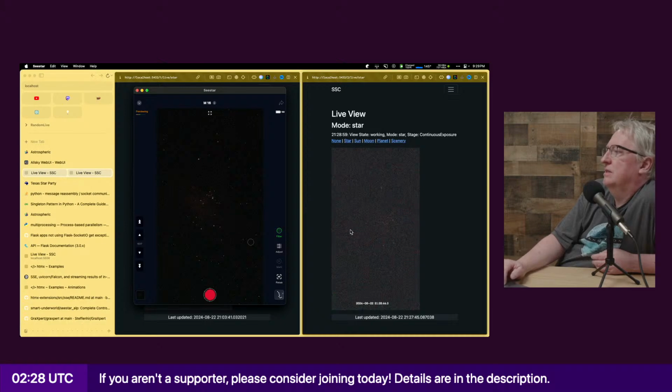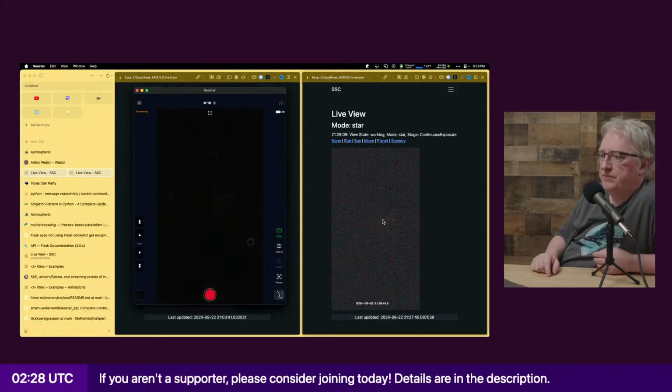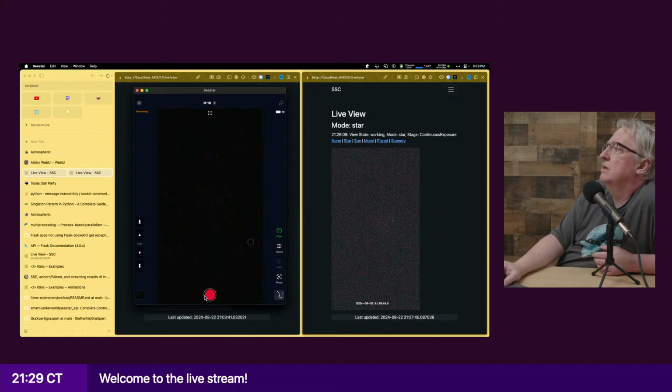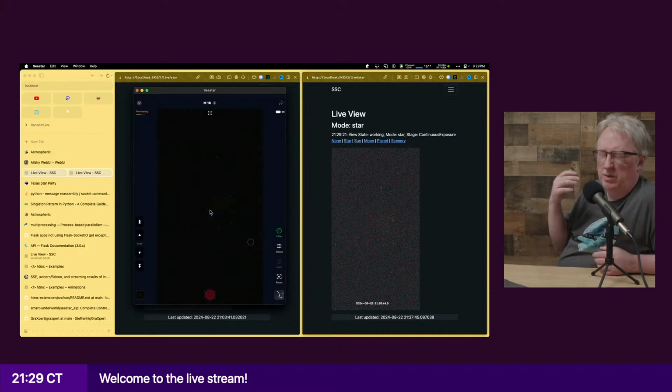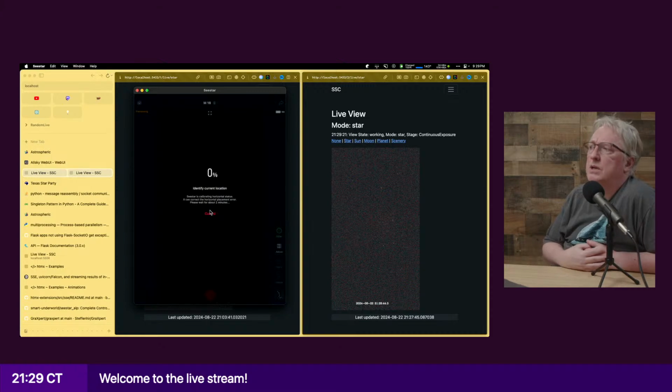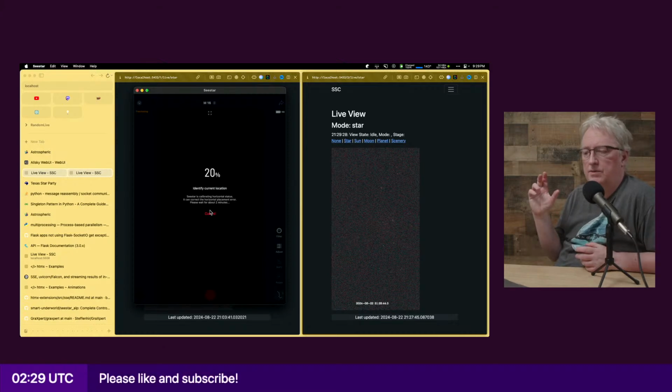The frames will reject. But while it's stacking, you can have it. Oh, did it stop? Huh. That's weird. Anyway, while it's stacking, you can have it. It's going to do it again. That's so annoying. When it's stacking, you can have it.